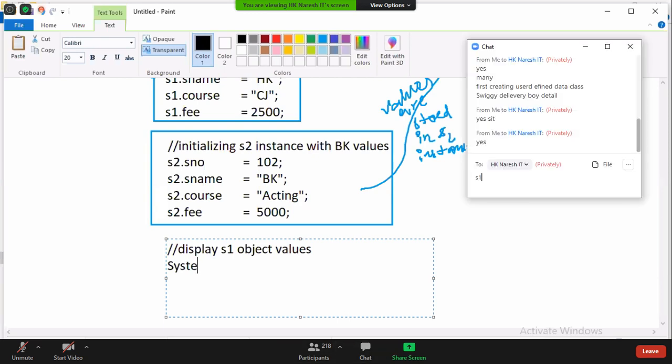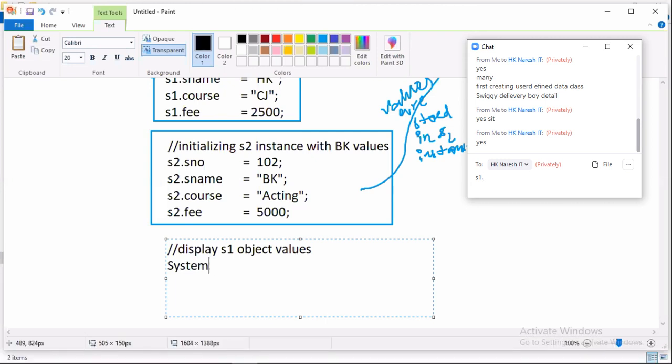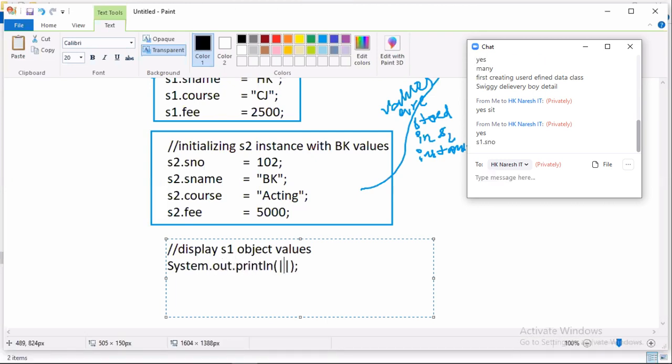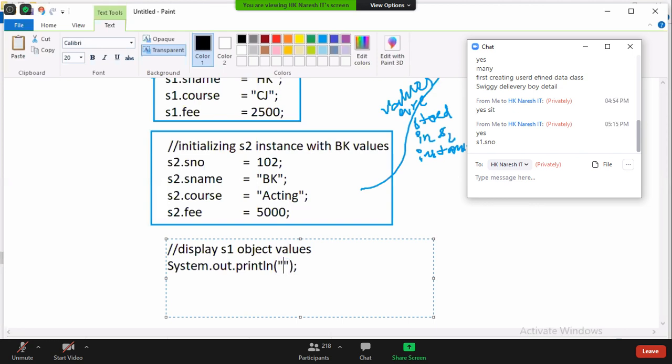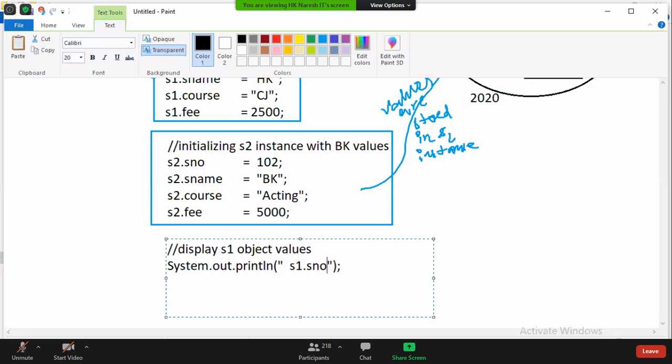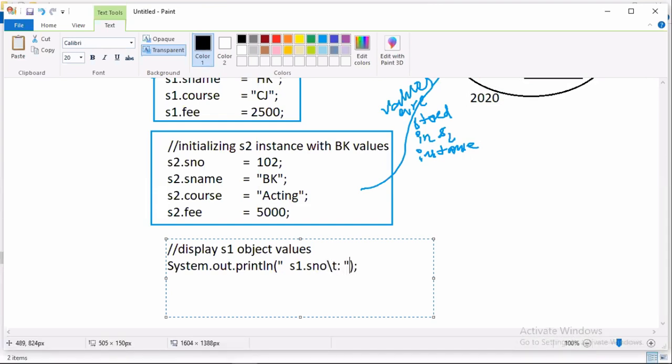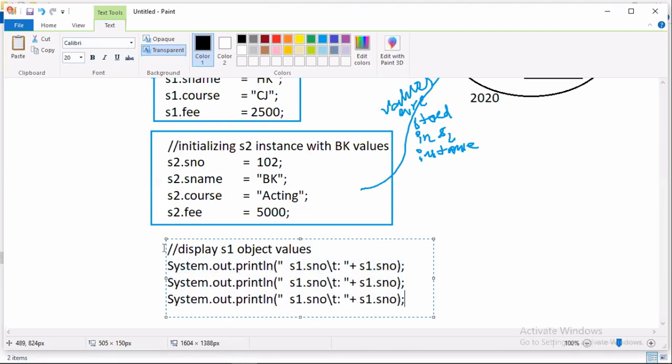System.out.println. Below, in double quotes, I want to display the information. S1.SNO, backslash t, plus S1.SName, S1.course, S1.fee.